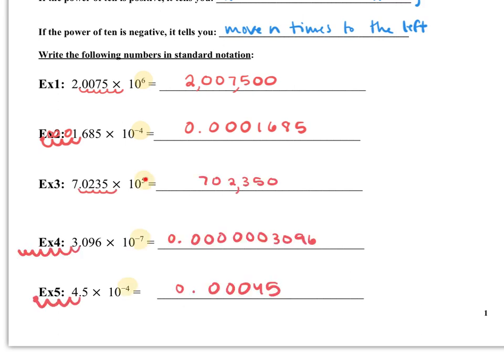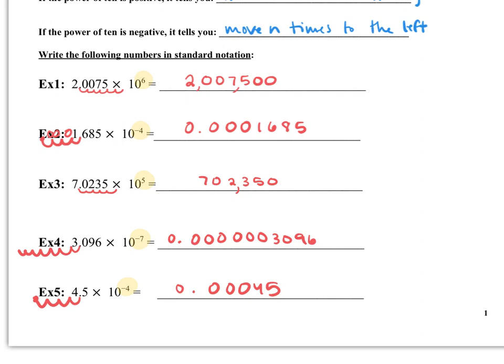So on example 3, my power of 10 was +5, so that was asking me to move my decimal 5 spaces to the right, which left me with 1 extra space to fill with my 0. So that's the number 702,350. On both examples 4 and 5, my power of 10 was negative, so I'm moving my decimal point to